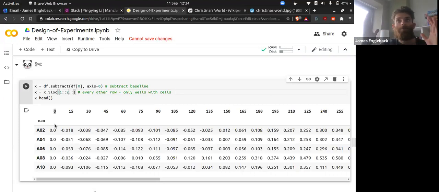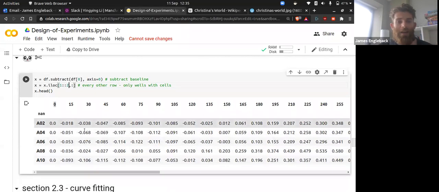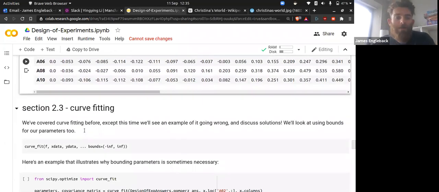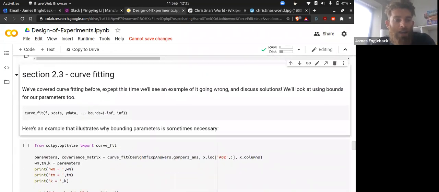And the way I did the plate was the first row had just buffer in, just media in, LB by itself, and then the second row had media with cells, and so on. So if I get everything in row 2, 4, 6, 8, and 10, and so on, then I have only cells. So that's why I've done that,